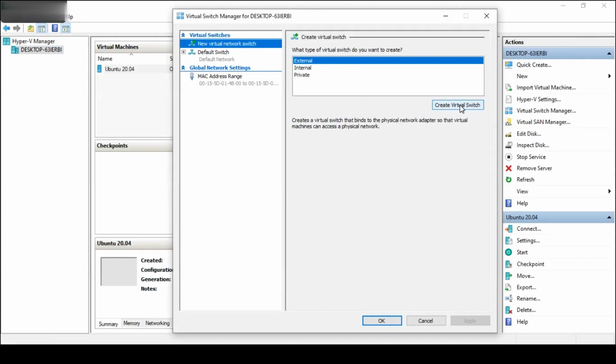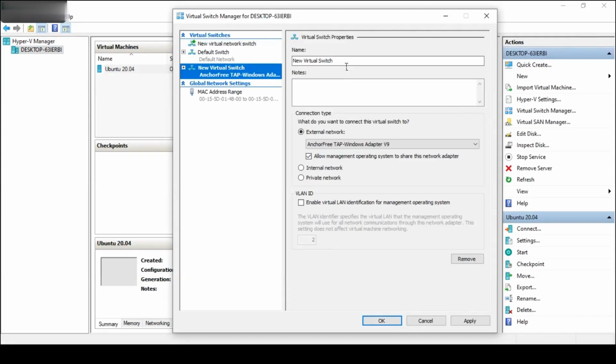I will click on create virtual switch, and in that I will specify a name. This is optional. I have named it Codecraft Shop, and I'm selecting the Dell wireless adapter because I'm using Wi-Fi. In order to share the network, I will use the Wi-Fi.